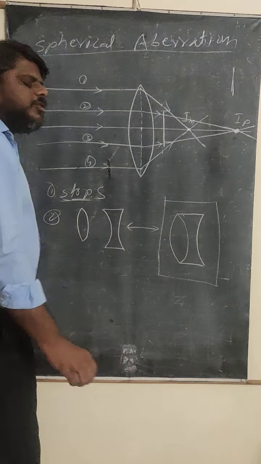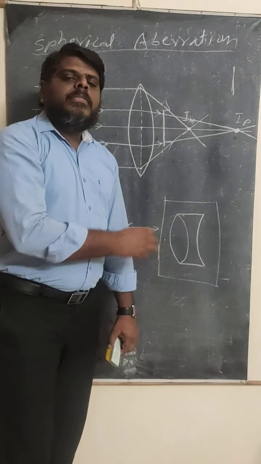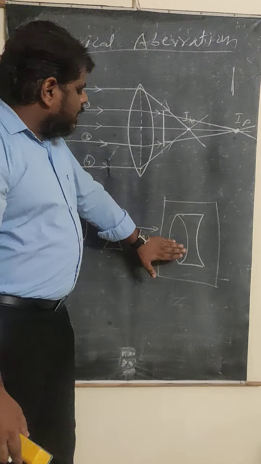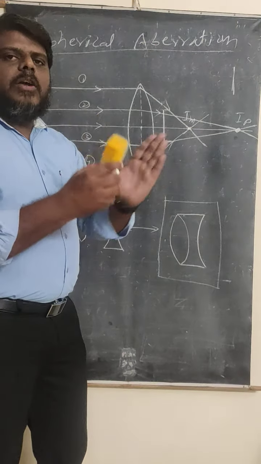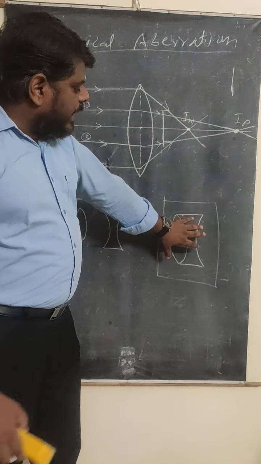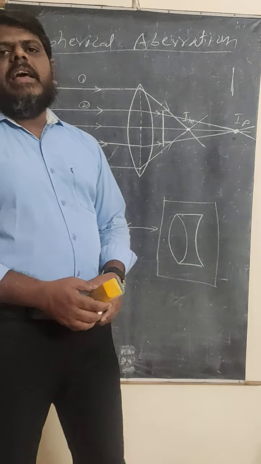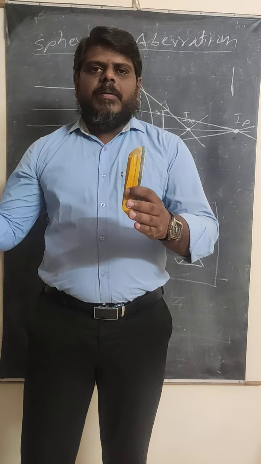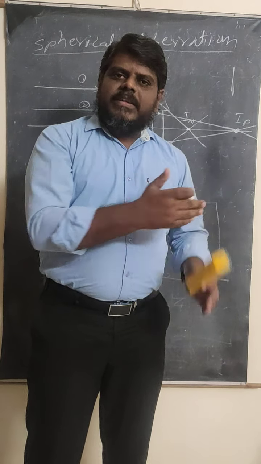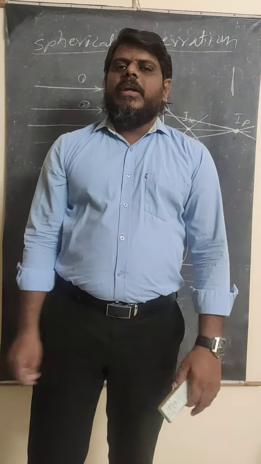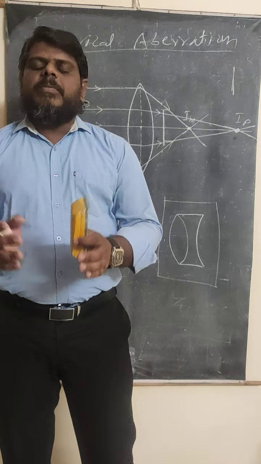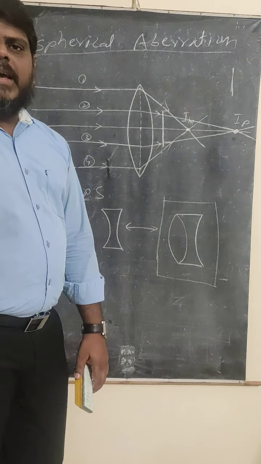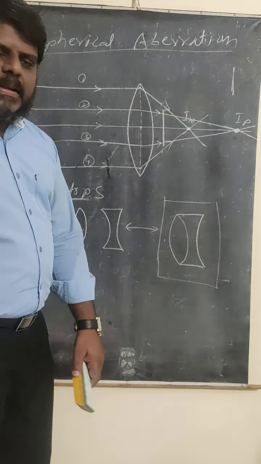This type of combination is also called the achromatic combination. Okay, this combination is also called an achromatic combination. Here, one convex lens and one concave lens, you are going to join them. When you join them like this, this arrangement will eliminate the spherical aberration. That means if a point-sized object is placed, the light coming from it will be incident on this combination, and on the other side only one image is going to be produced, and it will be produced very clearly. So in this way also, the spherical aberration can be eliminated. Okay, this is the second method.